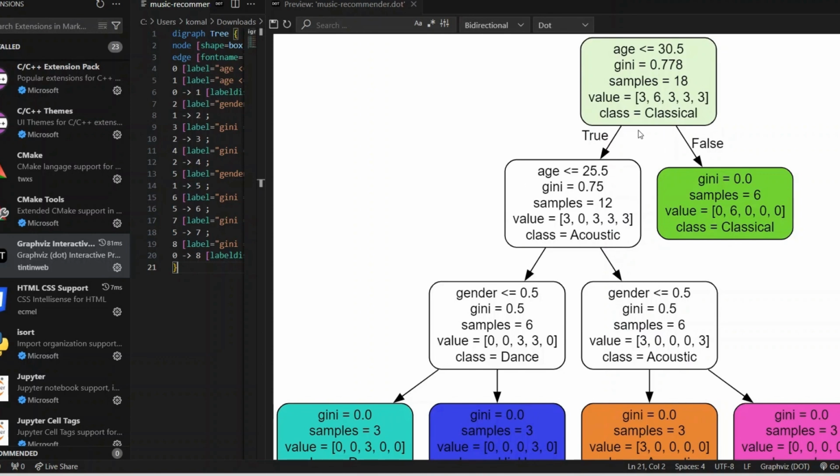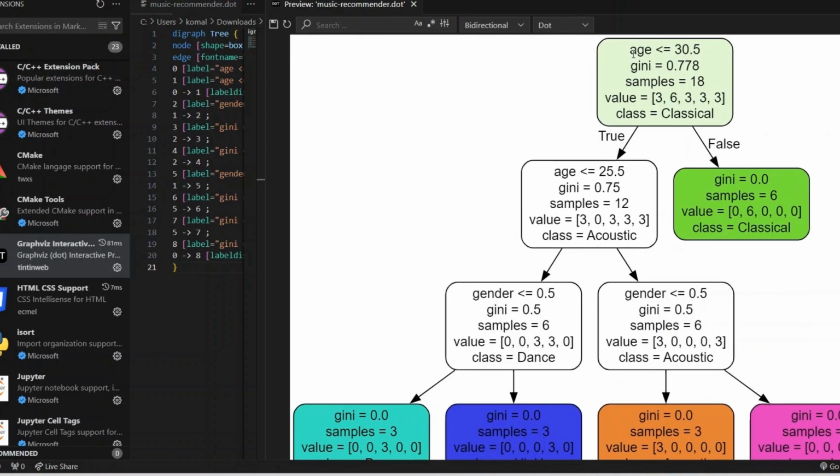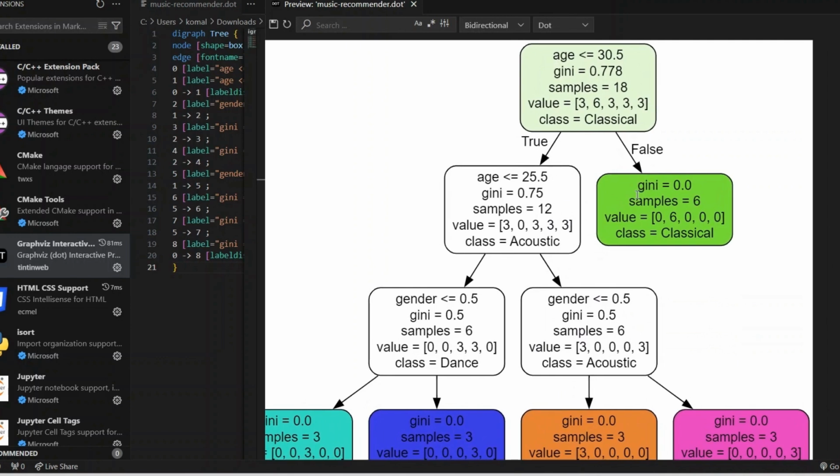Now on the top of each node we have a condition. See, the conditions are here everywhere. So if this condition is true, we go to the child node on the left side, and otherwise, we refer to the child node on the right side. Okay. So now let's see what is happening here. Let us see the first condition, age less than or equal to 30.5. So if this condition is false, that means the user is over 30 years old. So the genre of music that the person will be interested in is which one? Classical one.